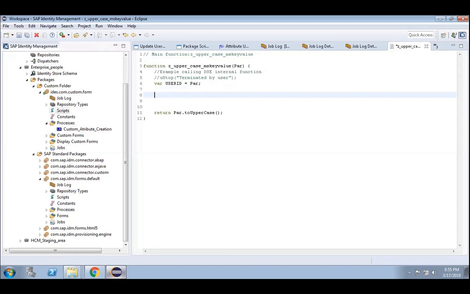You can directly do par dot to uppercase and pass it there only, right? You have to return the value in JavaScript. Yes. Just return the MSK value.